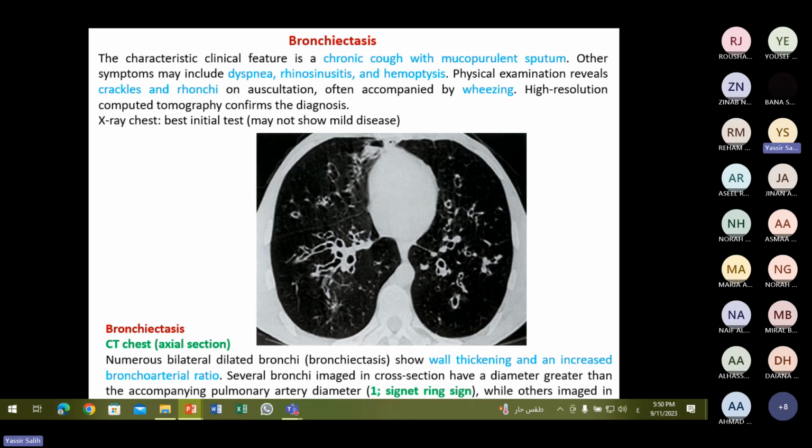طيب إذا دايما نعمل X-ray طبعا you can see the dilated bronchi وعندنا لها كم types البرونكيكتسيس في cylindrical type وفي circular types يعني according to the shape of the dilated bronchi and also can be diagnosed by CT. لكن CT is more sensitive يعني X-ray may be normal يعني احنا بنعملها as the initial test but sometimes or common it is usually normal may not show the especially the mild cases لكن CT is very sensitive especially high resolution CT اللي هي done with you know section very small section high resolution CT